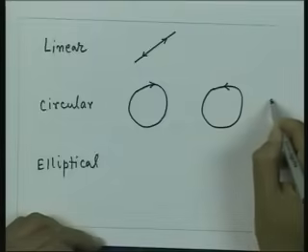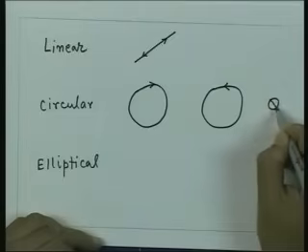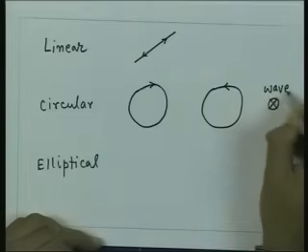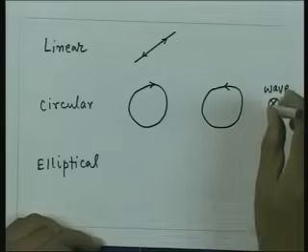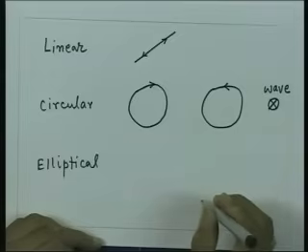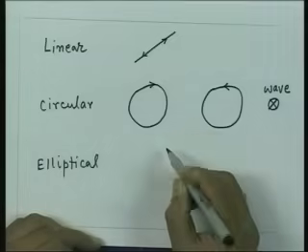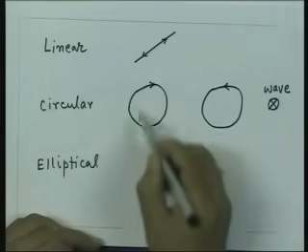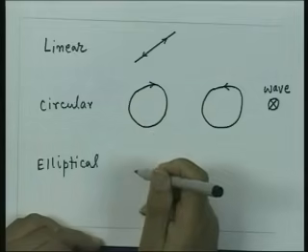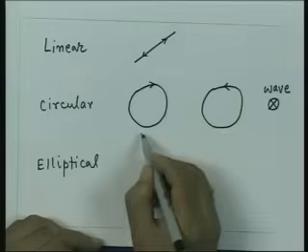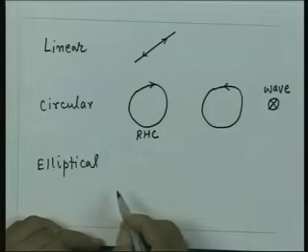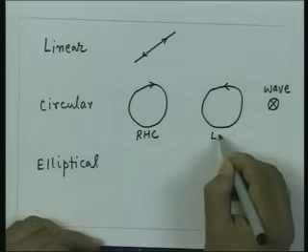So, let us say this is the direction of the wave. So, wave is now going inside the paper, that means wave is receding from you. So, if I look at this circle, this rotation now is towards my right because I am seeing in the direction of the wave which is receding from me. So, this gives me the right-handed circular polarization. Similarly, this gives me the left-handed